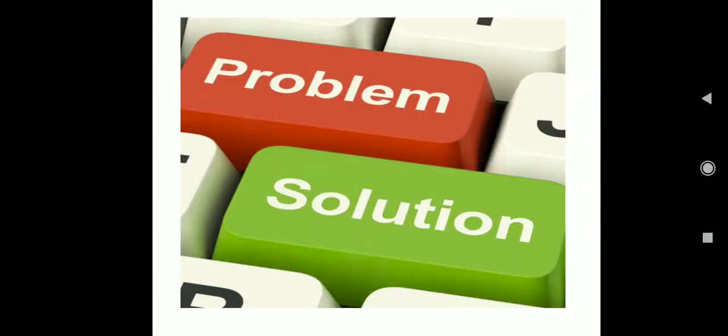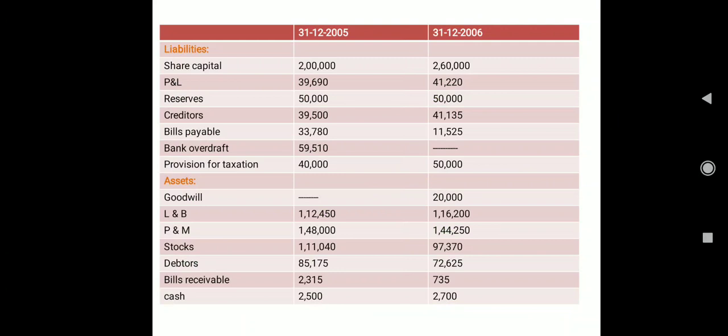Now, today also we'll have one problem and solution. So this is a balance sheet. Heading and all I have not given, so we can just assume that this is a balance sheet of ABC Company Limited, where for the ending of 2 years we have details of liabilities and details of assets. As in the last class, I'm not going to give you the subheadings, which are current, which are fixed, which are long term. Nothing is going to be like that. We have to recognize which are the current and which are the long term and which are the fixed ones.